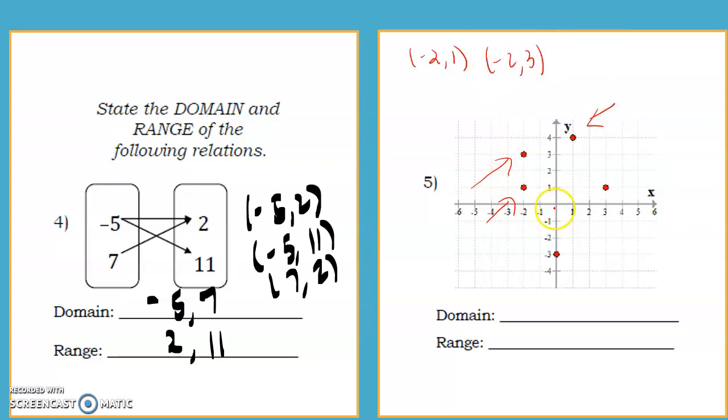Then I'm going to do this point, which is at (1, 4). Then we'll do this point, which is at (3, 1). And last but not least, we'll do this point, which is at (0, -3). So then I can just look at all of my x values and put them in order from least